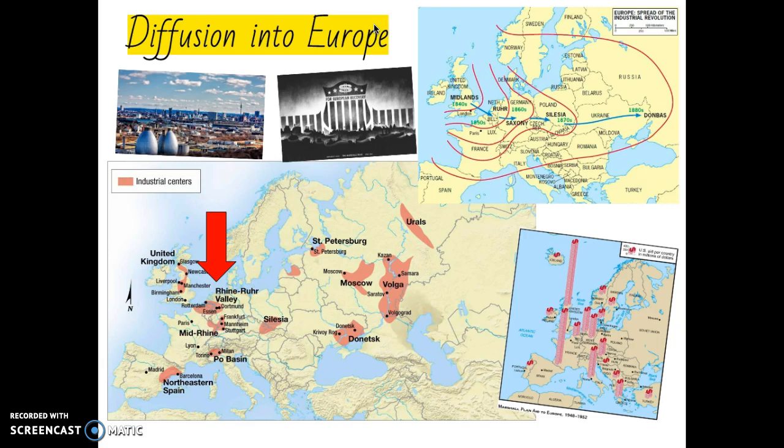So, we see industry develop in places, excuse me, that are near coal and iron fields. So that's happening here in this middle of the mainland Europe. And then they have to be connected to ports through waterways, so they can easily transport those raw materials to factories and then the goods to the market. So some big places of industry here in Europe was the Rhine-Ruhr Valley here and Germany. So these are major industrial centers when industry first spread into Europe, and they are still major industrial centers in